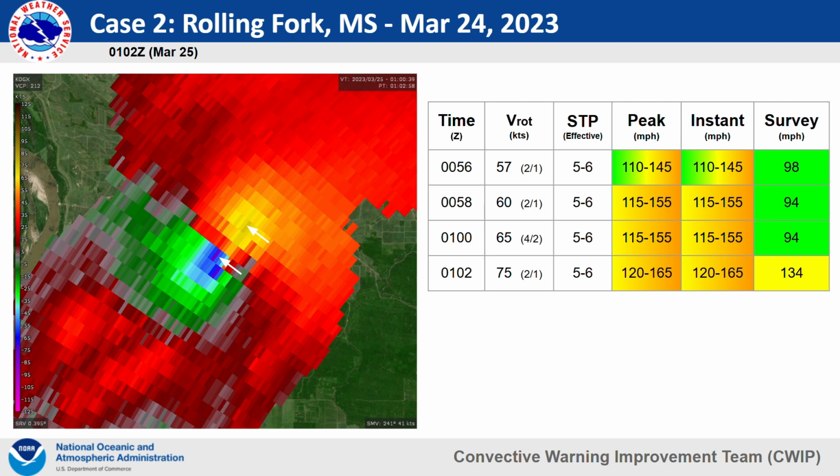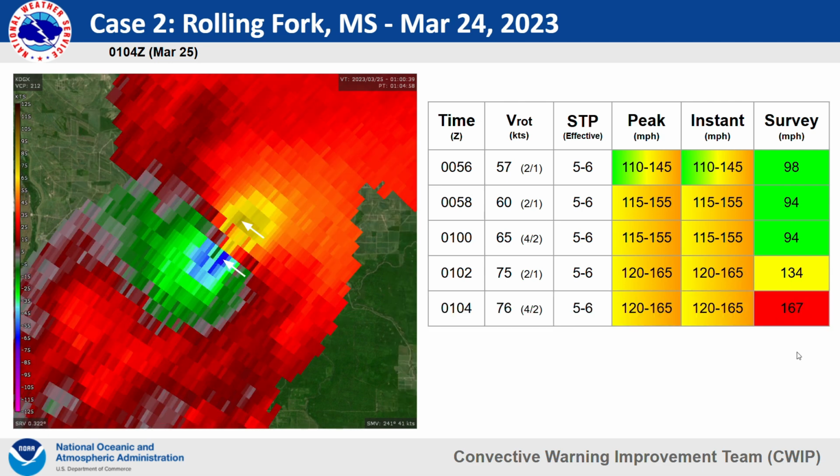So 2 minutes later, the VROT values have increased greater than 70 knots. So again, that duration slider gets reset once again. The peak and instantaneous velocity measurements are 120 to 165 miles per hour, and the survey is starting to reveal EF2 damage. 2 minutes later, VROT of 76 knots, duration of 4 minutes and 2 scans, and the peak and instantaneous haven't changed yet because we haven't been able to move that duration slider at all, but the survey is